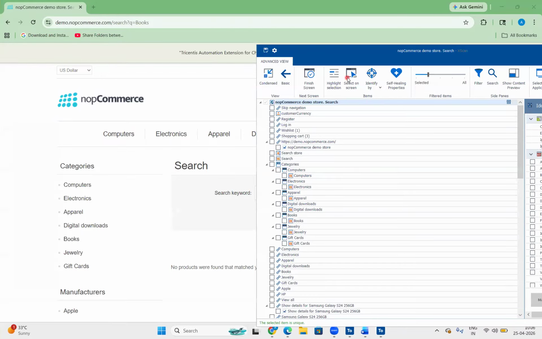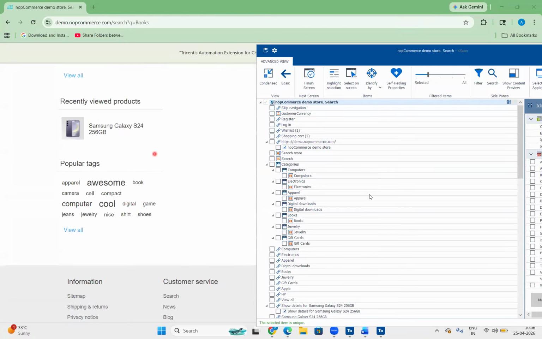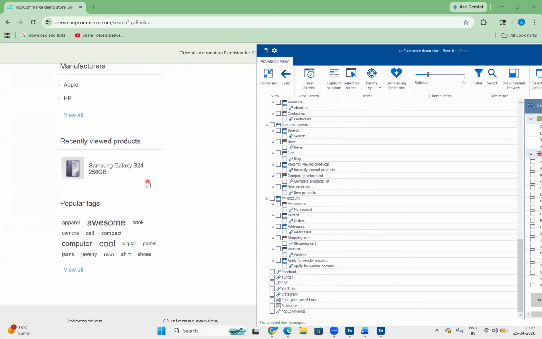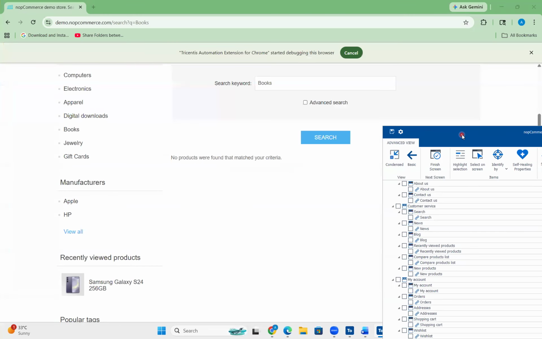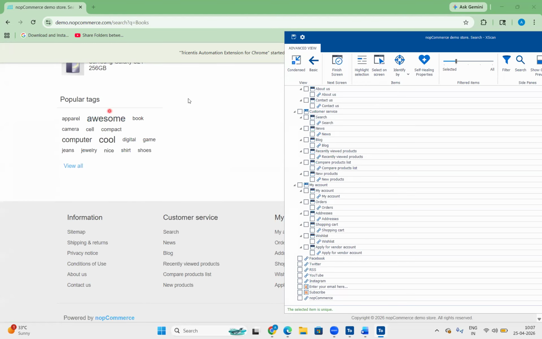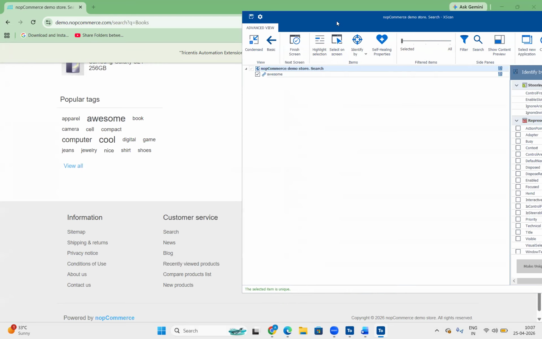You can see select on screen is there, right? For example, here a lot of elements are there. As you said, if I want to validate manually, it takes a lot of time. But I don't want to do that. So within the screen, just adjust this window. Which control do you want? I want to click on this awesome. I'll keep the screen up to here, then enable select on screen. Select on screen is enabled. Now come here, select awesome. Now only awesome is selected. Got it?